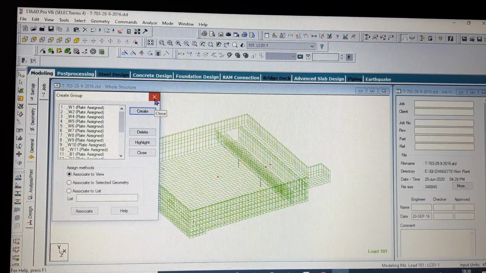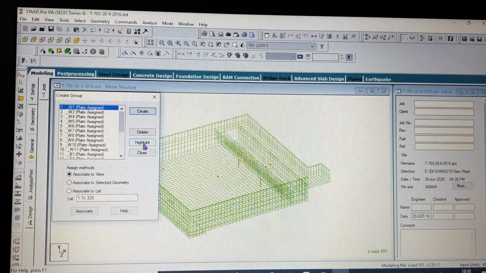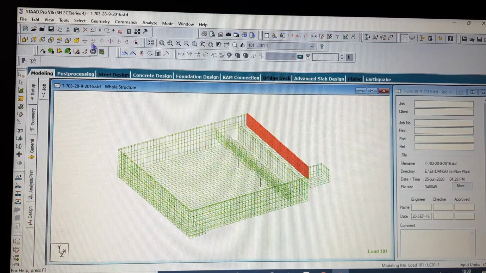That will be very useful if you create a group of them, applying loads, applying material, seeing results. This group is very useful, and we generally make lots of groups like this to do such things. Likewise, you can see all the wall elements of these feet are segregated with a group. So I will be explaining that later.